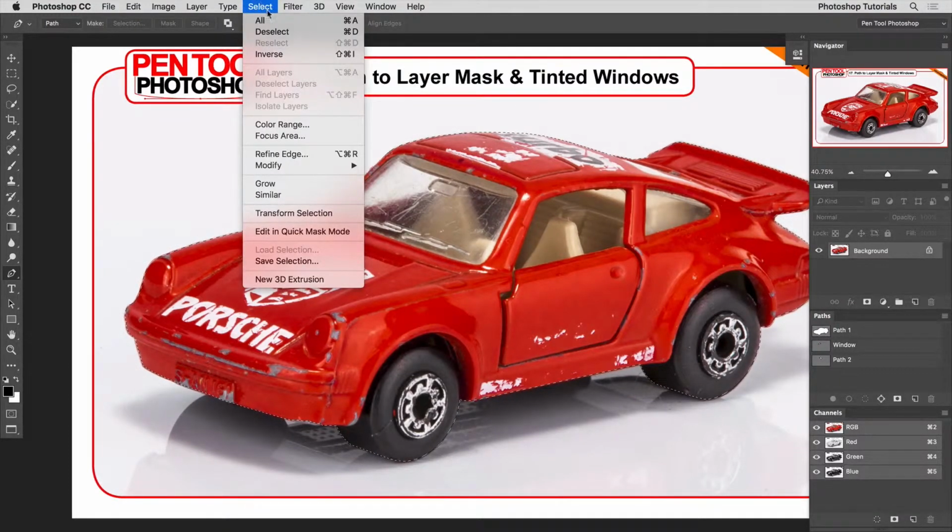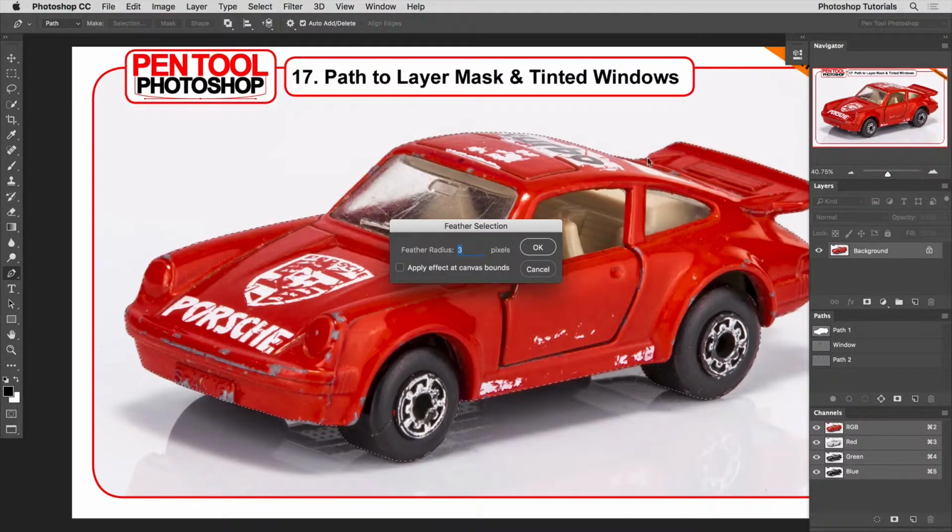So everything to do with the selection is under the Select menu. And I can go down to Modify, Feather. In this case, it's a hard object, so I'm happy with just a 0.5 feather. So once I've got this selection, when I click on this button, Add a Mask, it'll apply this selection as